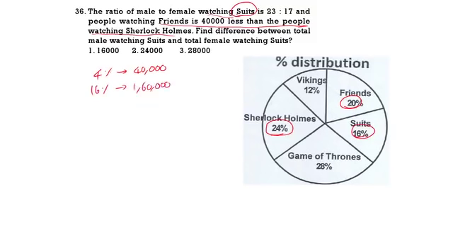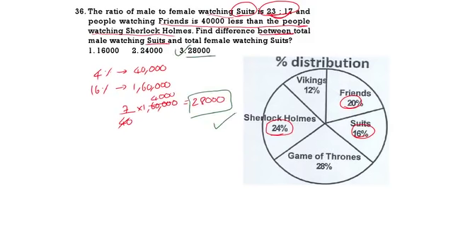1,60,000. In this, the males and females are 23:17. We have to find the difference between males and females. The difference of 23 and 17 is 6. So 6 by 40 into 1,60,000. So this calculation we should do. If you do this, how much are we going to get? 40 into 4 is 160. After the 6, that is 24,000. The correct answer will be 24,000. Option 3 is the correct answer.